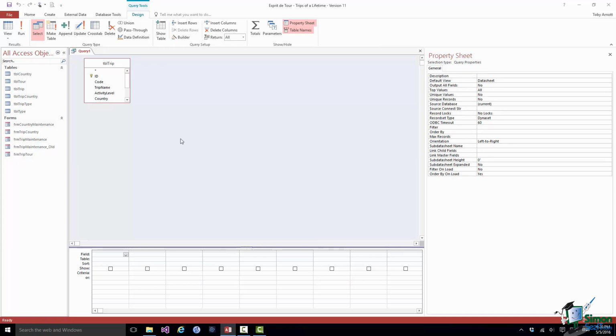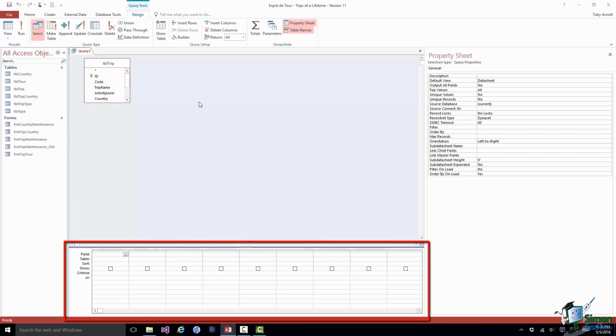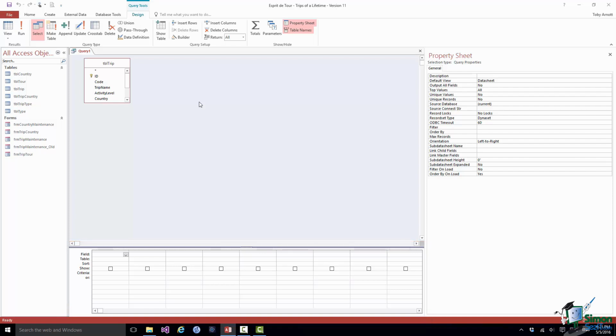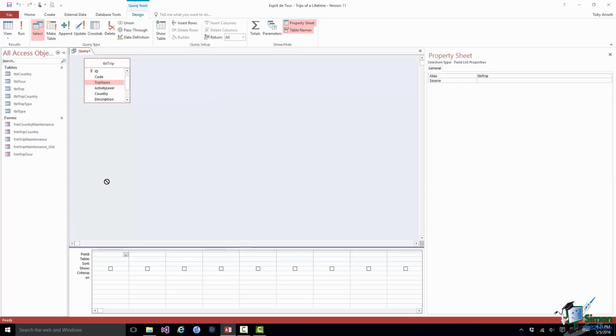Now in the panel that I've added for the trip table, I can see each of the fields within the trip table, and all I need to do is to drag the field or fields that I want to retrieve down onto the grid at the bottom there. Now the grid at the bottom is the Query by Example or QBE grid. Most people just call it the grid. So I'm going to create a very simple query now. All I'm going to do is to drag trip name